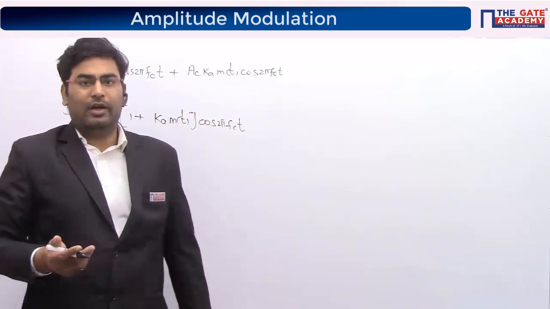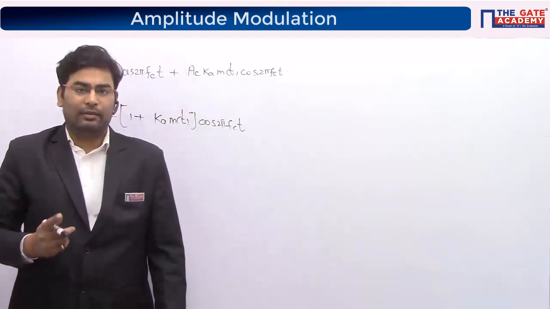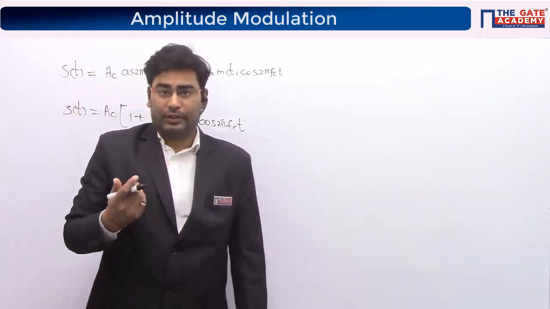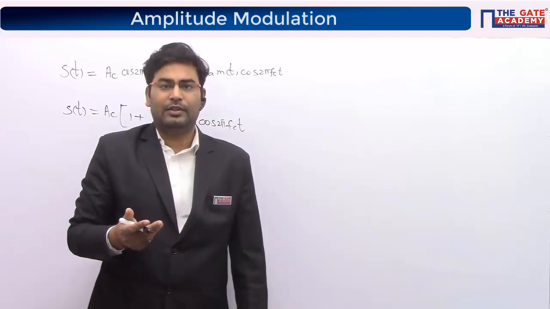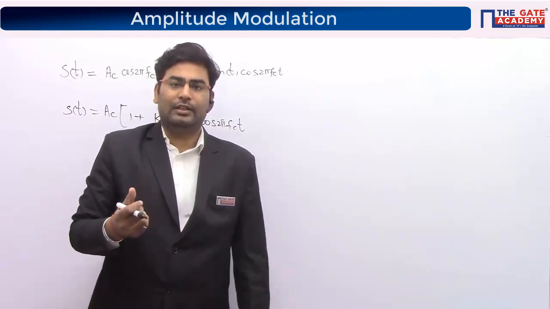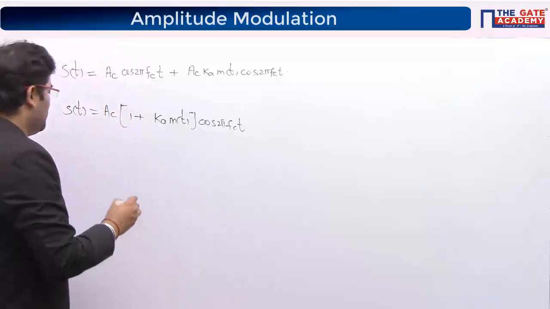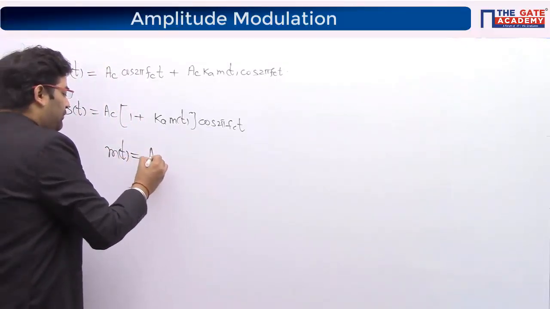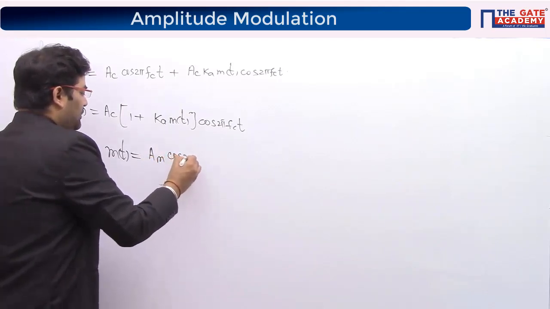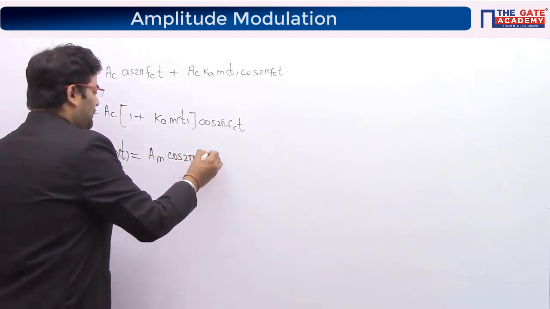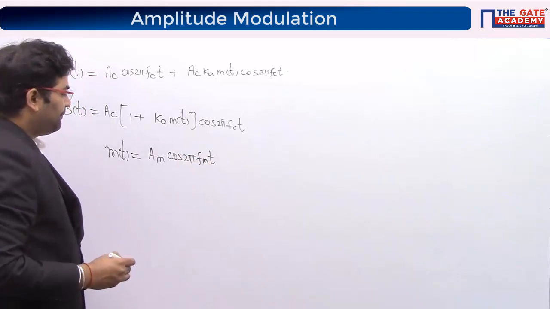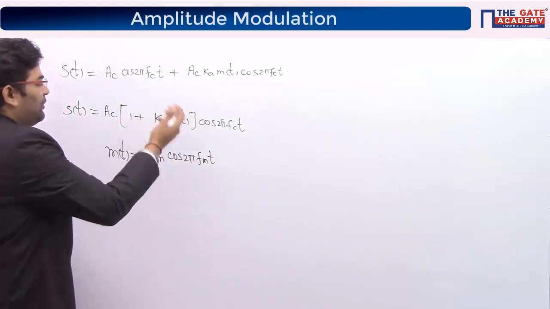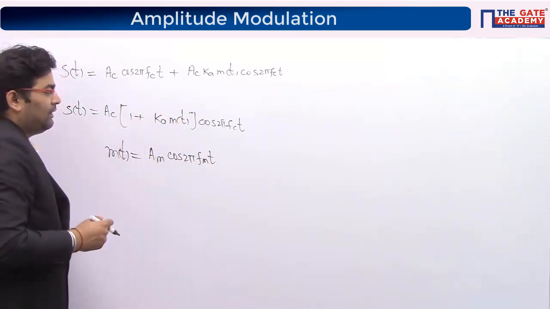And after that, we said that we'll do single tone modulation. So what is single tone modulation? I discussed: single means one, tone means frequency. So single tone modulation is when you have only one frequency in the message signal. So there we took m(t) equal to Am cos 2 pi fm t. And then the whole equation changed to something else.